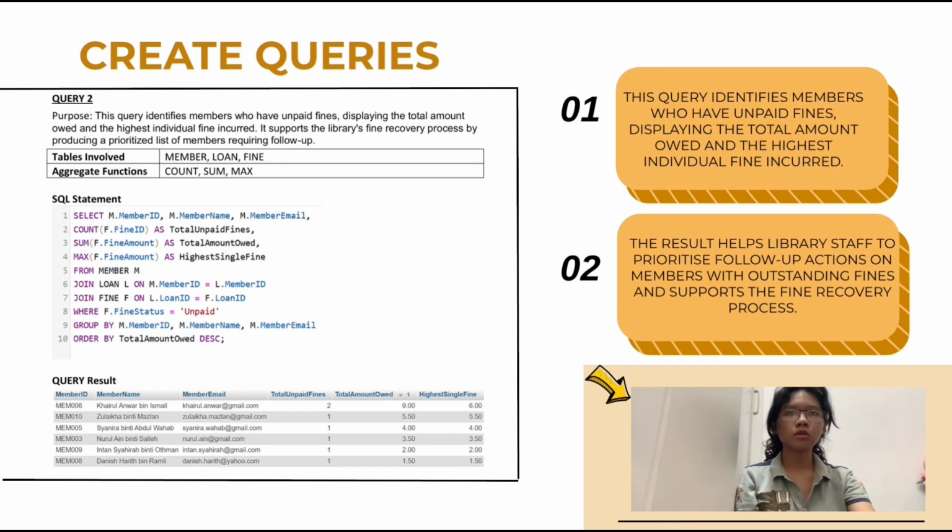The transaction tables, on the other hand, are loan, fine and reservation. These are the tables that capture ongoing library activity. Loan has 20 records, while fine and reservation each have 50 records. All of these transaction records span a 3-month period from March to June 2026 to simulate real borrowing activity over